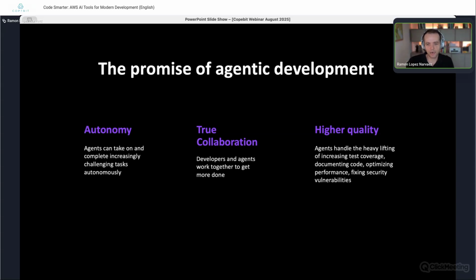And we've seen how agentic development came to Q Developer as well. In the last, I don't know, six months to a year, more and more of these assistants became agentic, so they can do multi-step changes across multiple files. They can run commands, and they can really implement a whole chain of things. So they are very autonomous. They can really take on increasingly complex tasks.